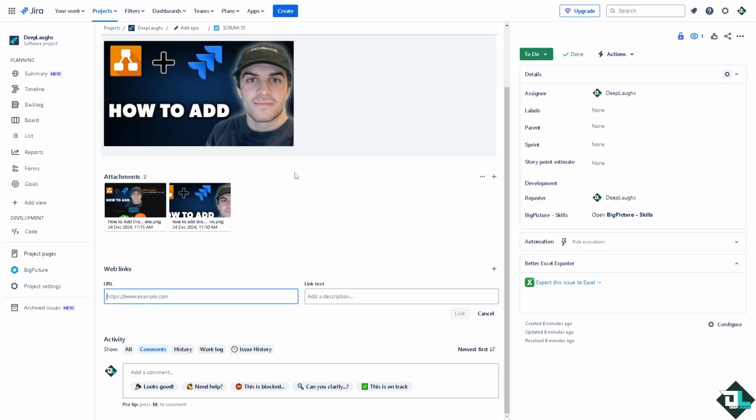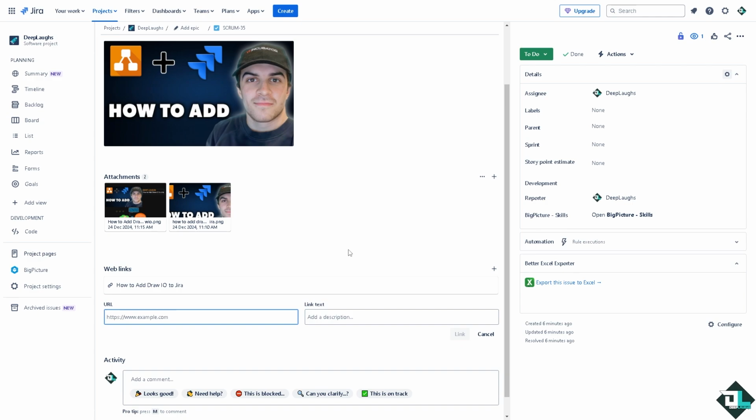click the web link, and you should be able to add your Draw.io diagram to Jira without any problem, because adding Draw.io directly to Jira provides numerous benefits, especially for teams that rely on visual documentation, workflows, and process mapping. And from here, you can simply